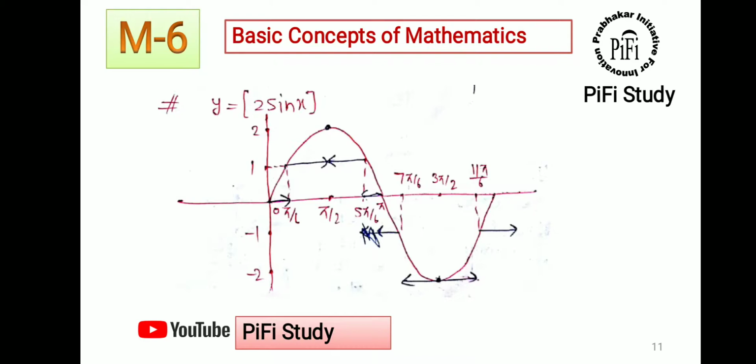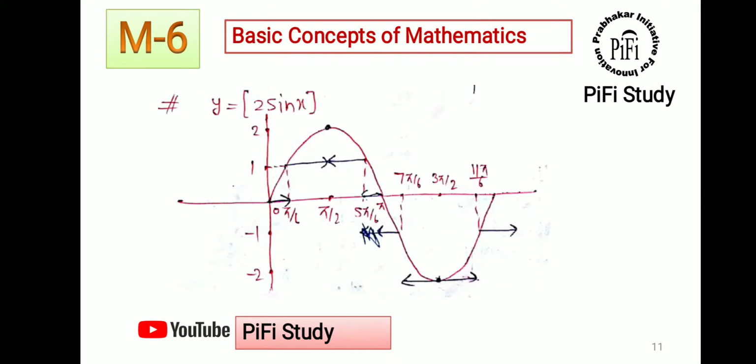For y is equal to greatest integer 2 sin x, for this case, you have to follow a similar approach. Just mark the integer points on the y-axis and, correspondingly, from the intervals you have divided on the x-axis, just see at which point the integer value is lying. Like from 0 to pi by 6, you will get the value 1 in this case for y is equal to greatest integer 2 sin x. So in this case you can get the graph for this one. This is also a very basic concept.